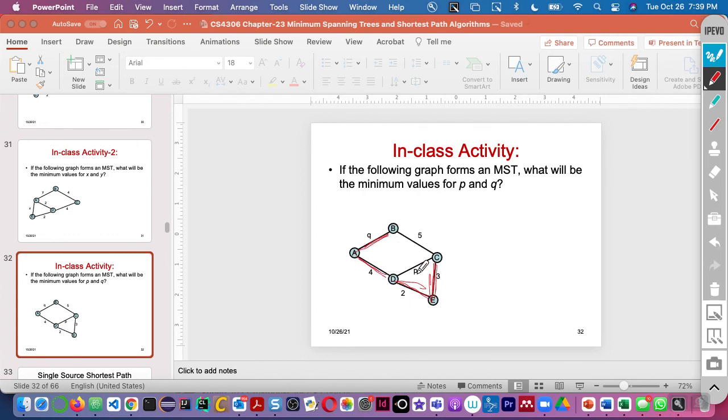So what is the minimum value for P and Q? Yes. 4 and 6. For P, yes, it needs to be greater than 3, right? Okay, so P is greater than 3. So if we consider integer value, then 4, right? Or we can say P is greater than 3. Okay. So we are avoiding this one, right? And then Q,